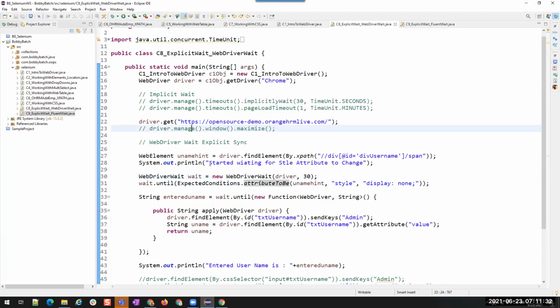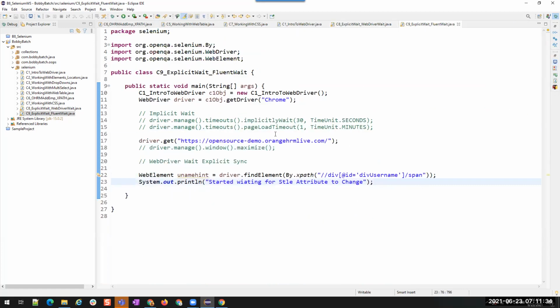Okay. Now, there will be some other cases where you know that within 30 seconds nothing is going to happen. When you click on a button, I know I should wait a minimum of around 30 seconds, and then the data will be displayed. So do you want to still check every half second when you know that it is going to happen after 30 seconds?